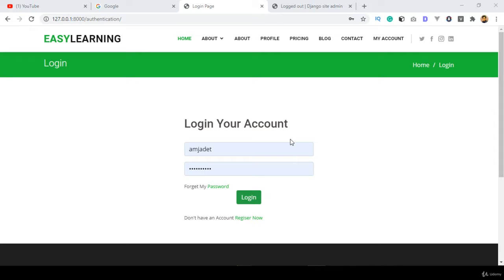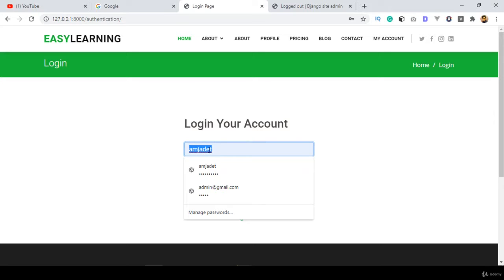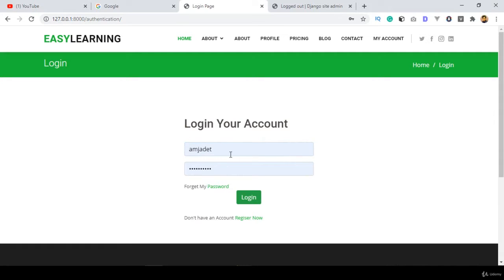So now in this video, I want to discuss one of the most interactive things in Django: how can we display all that customized message. That means when you log in, it should display a message that you are logged in. When you log out, it should display a success message that you are logged out. And also if you want to add some validation in your login area, you can display this type of error message.